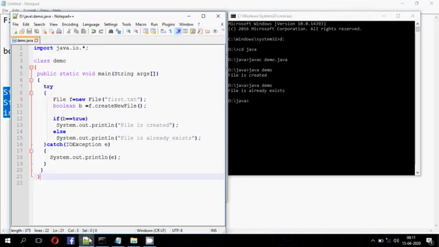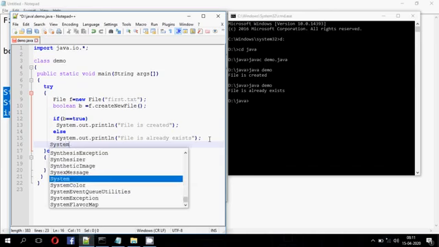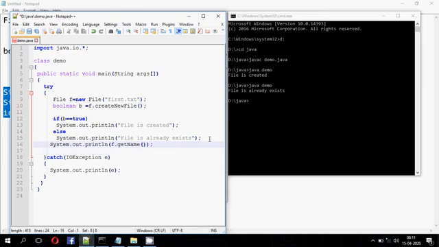Now here again we are using some file functions, that is getName, getPath, and the length function. So here System.out.println f.getName. This getName will get the name of your file.